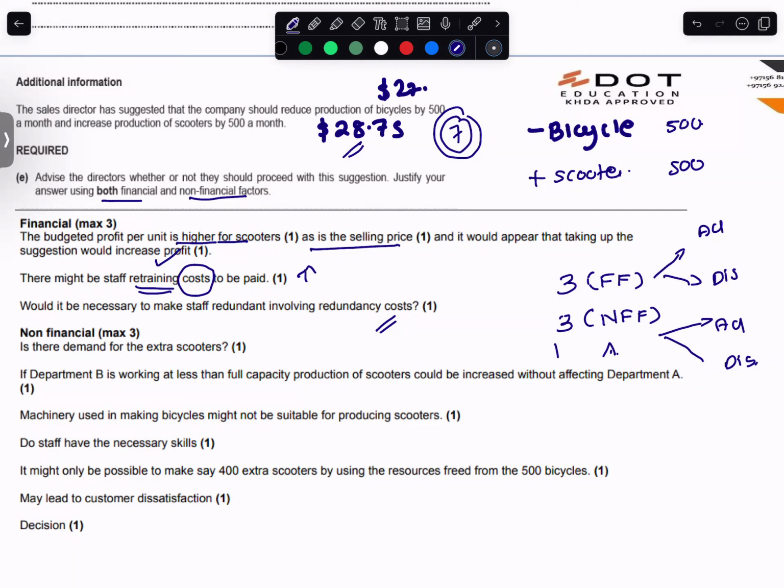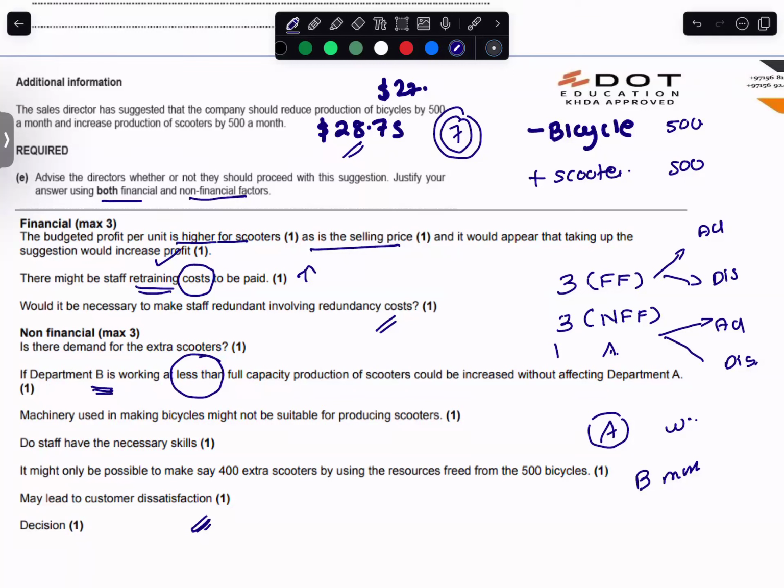Non-financial factor is that department B will be working less. Department A is producing bicycle, right? Okay. Department A would be working less and department B would be working more than the full capacity. Yes? Yes, miss. Okay. Maybe if you stop producing bicycle, you will not be able to satisfy your customers,